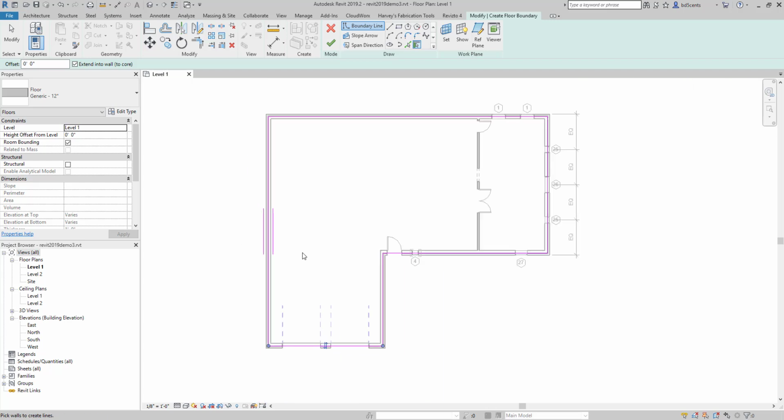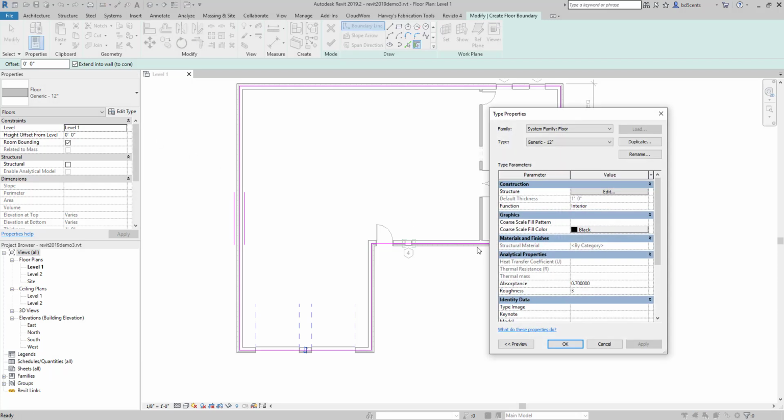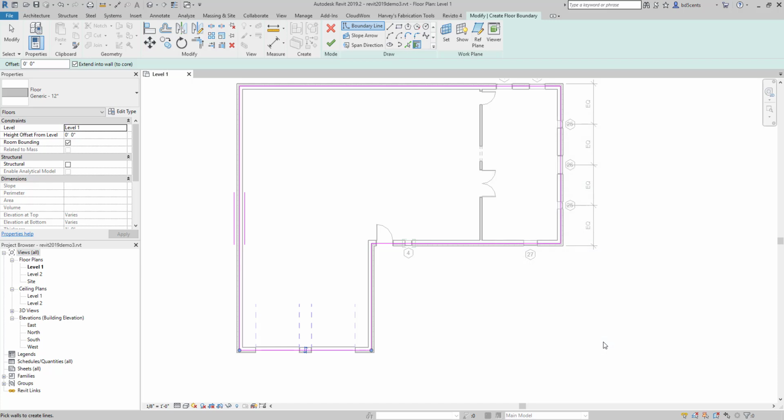These double lines explain where that span direction is. We can edit the type of this in here, so you can actually edit the type of the floor structure. We'll get into that a little bit more later, but I want to note that walls are being selected to face of core. So in 3D, once I've selected these